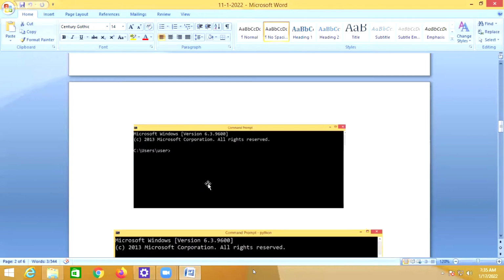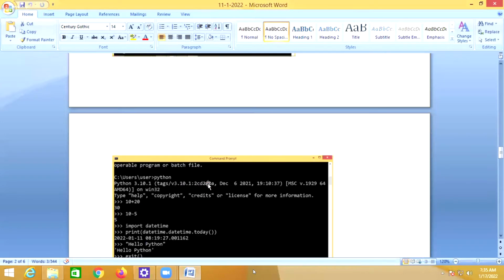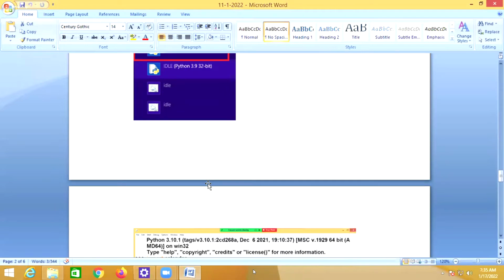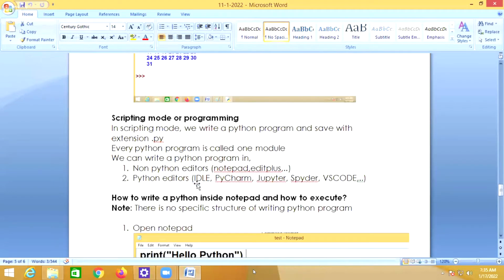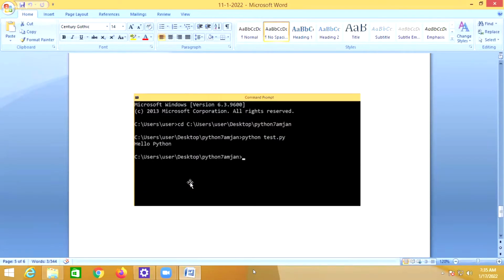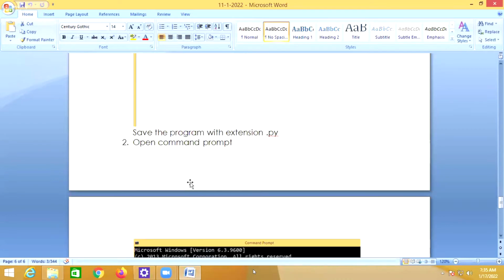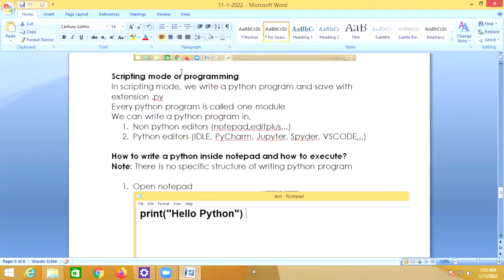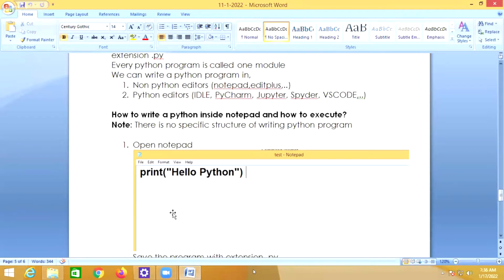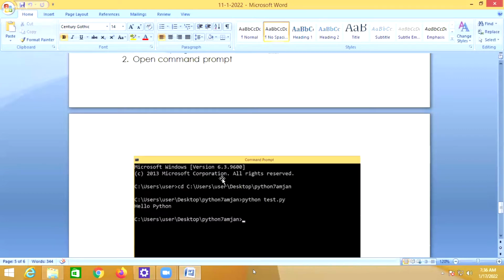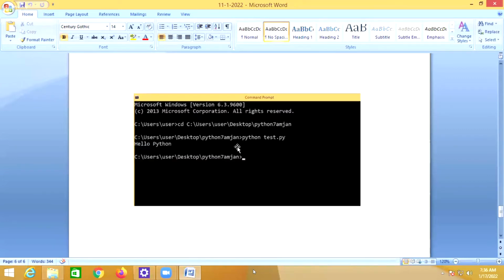After that, I said how you can work in scripting mode. You can work in scripting mode or programming mode in two ways. One is writing a program in Notepad and compiling it at the command prompt.